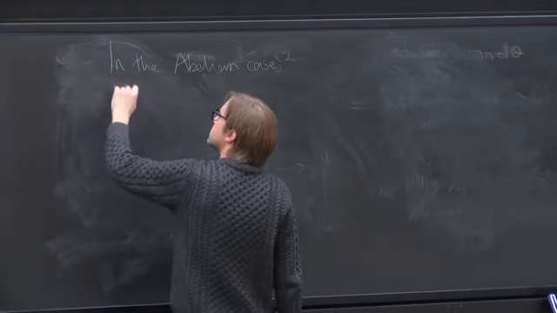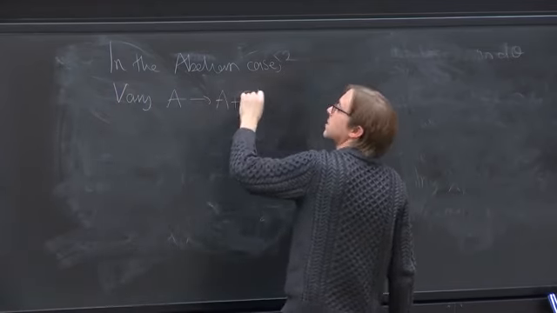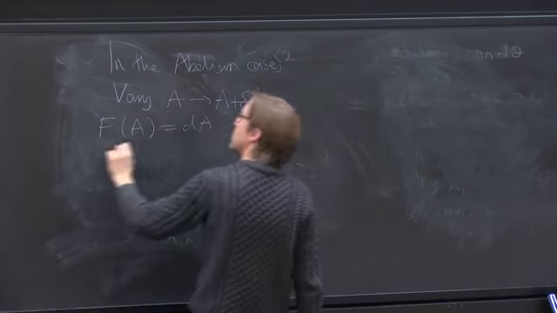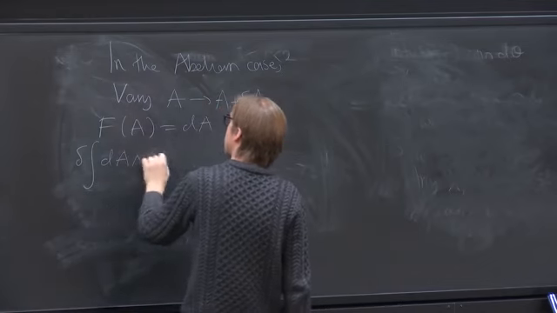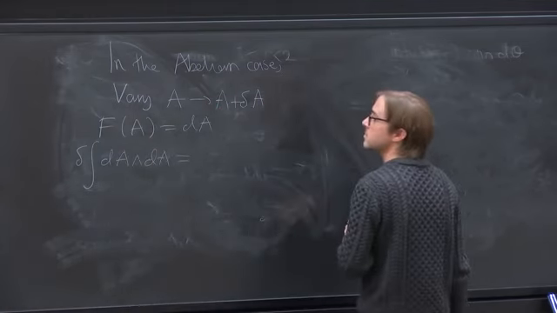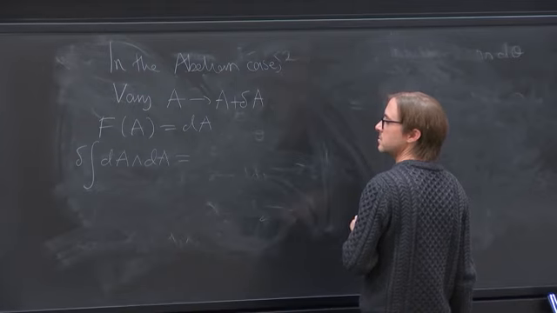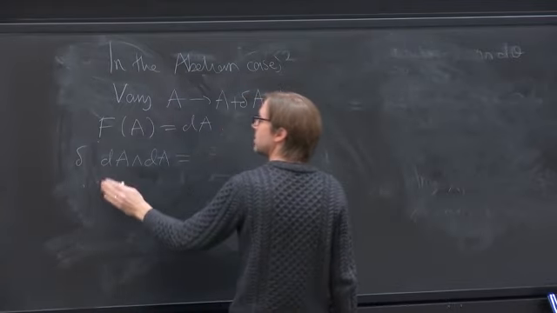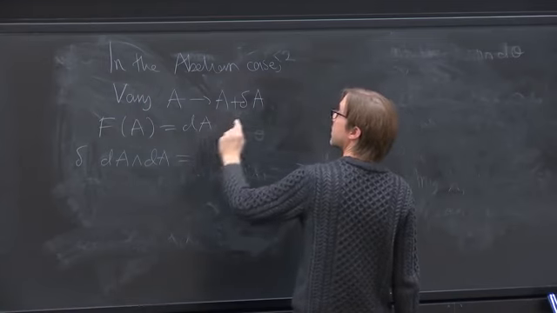If I vary A to A plus delta A, then since the curvature is just dA, the variation of the integral of dA wedge dA. I didn't prepare this far, so maybe this is it. Variation is